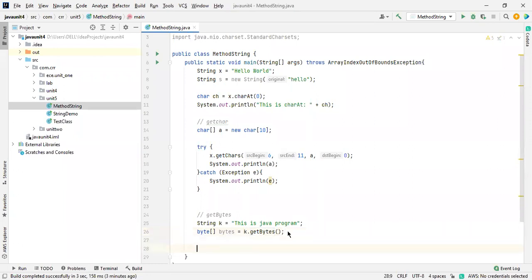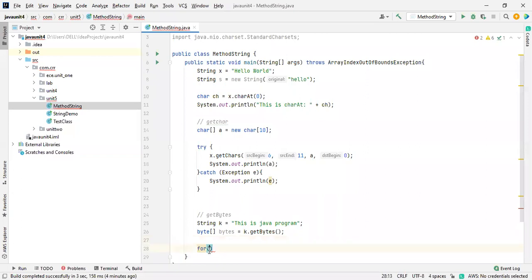How are you going to print the values of an array? There are two ways to write the for loop. One is the general for loop. We have an initialization, a condition, and one more thing, an increment or a decrement. And one more for loop is available, which we call the enhanced for loop. So what is the use of the enhanced for loop? If you want to print everything inside an array, you are supposed to use that.